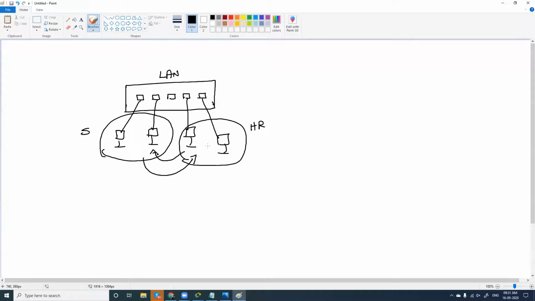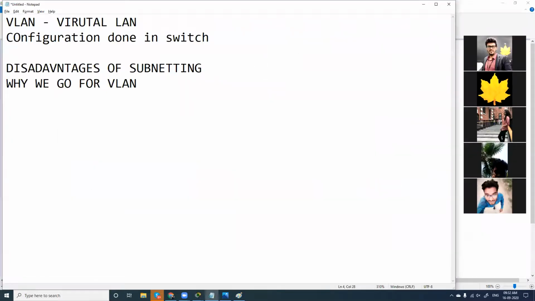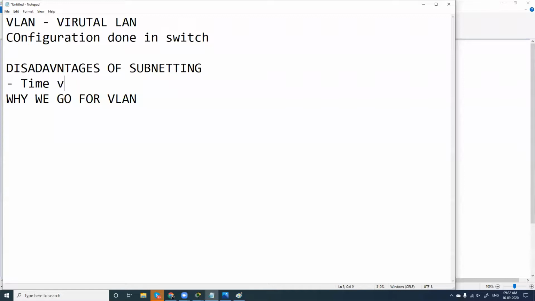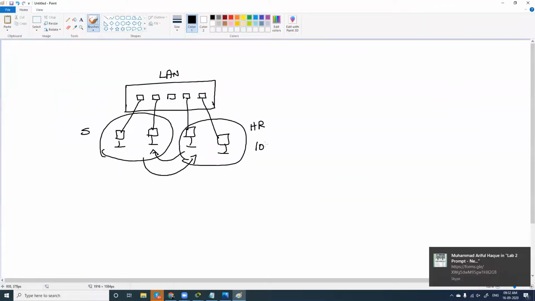Now, what can be the disadvantage of subnetting? The first disadvantage is that it will be time consuming. Why is it time consuming? Because imagine you have 100 computers here. As a network admin, how will you configure subnetting?